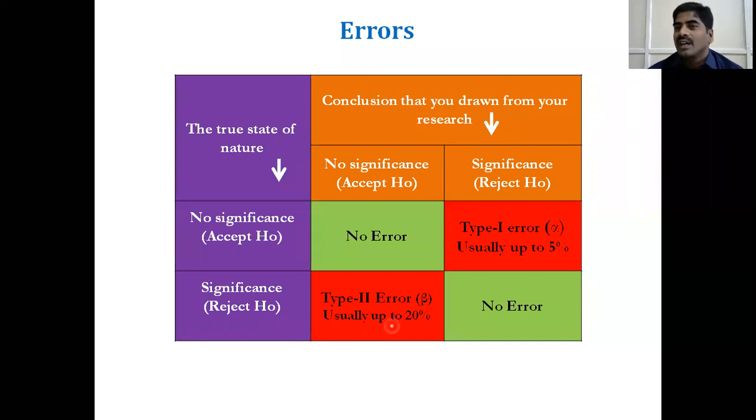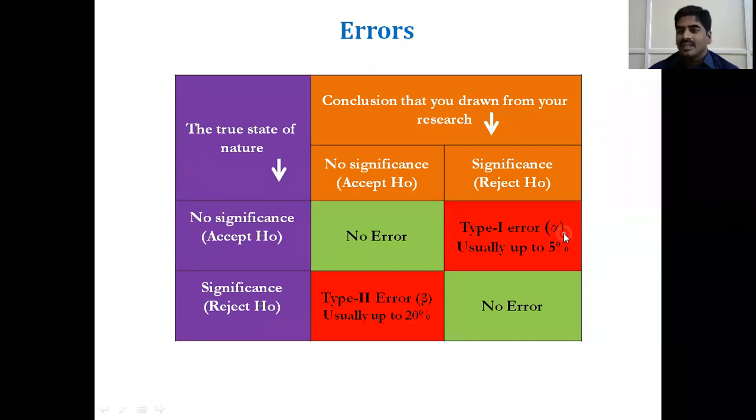You can increase the confidence level to 99%. Then what is the type 1 error? Type 1 error is 1%. Alpha is 1%. You can increase the power to 90%. Then what is the type 2 error? 10%. Okay. Power is 90%, beta is 10%, confidence level is 99%, and alpha is 1%.